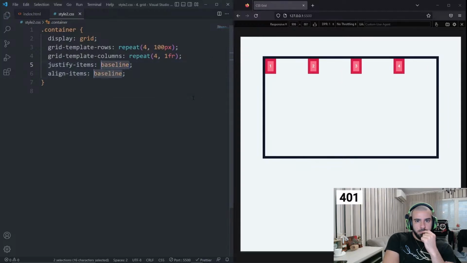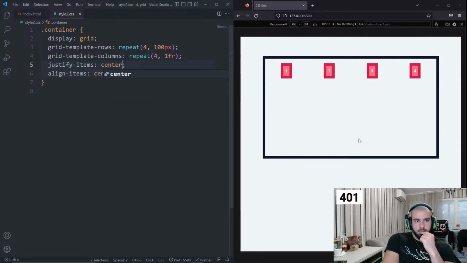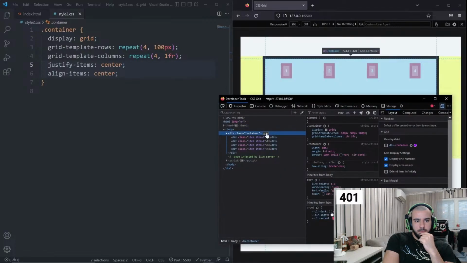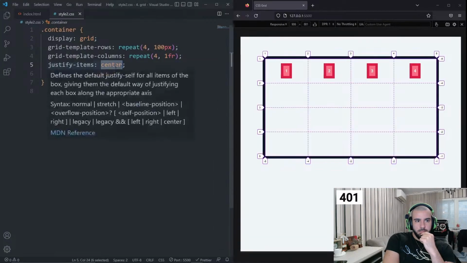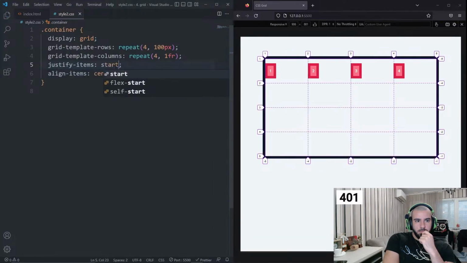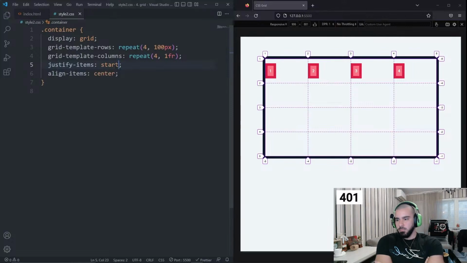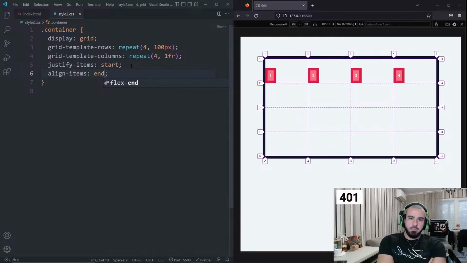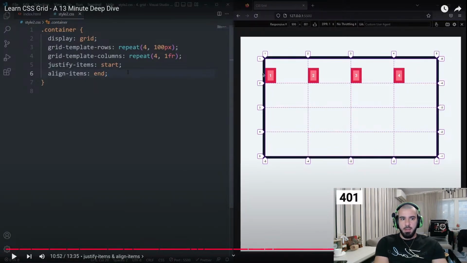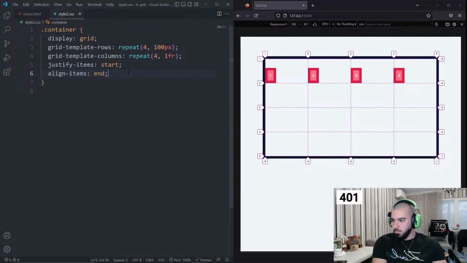Justify items aligns items on the row axis, so if I change justify items to anything else, like start, we see our items are at the start of the row axis, but still in the center of the column axis. If I change align items to anything else, like end, now our items are still at the start of the row axis, but are now at the end of the column axis. These properties are affecting all of the items, but if we wanted to align items individually, we can